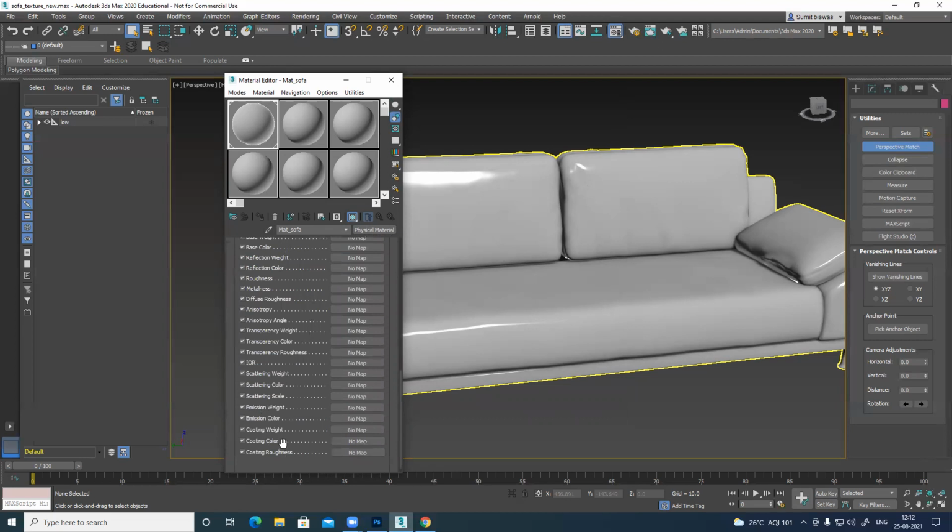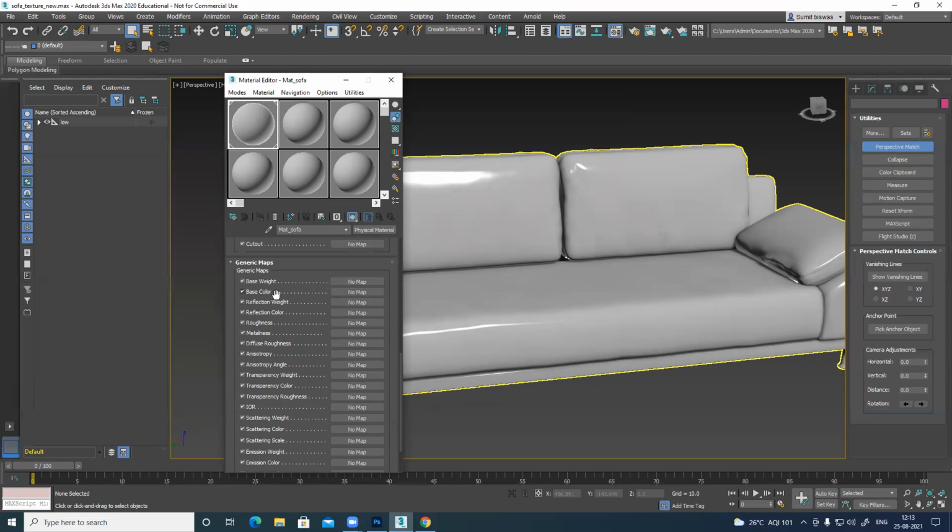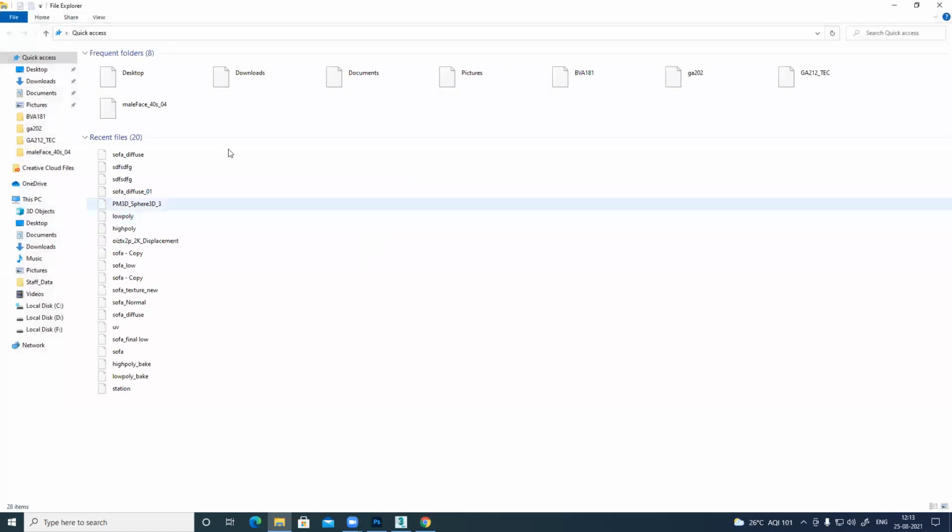And there's something called metalness. See? Those options are not there in the standard map. This is there in the physical map. So now if you want to add a base color, I can simply go to my folder,